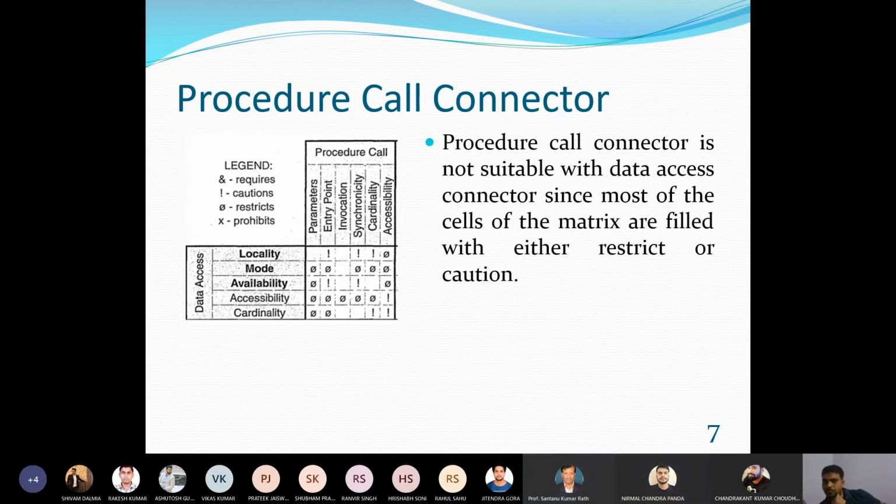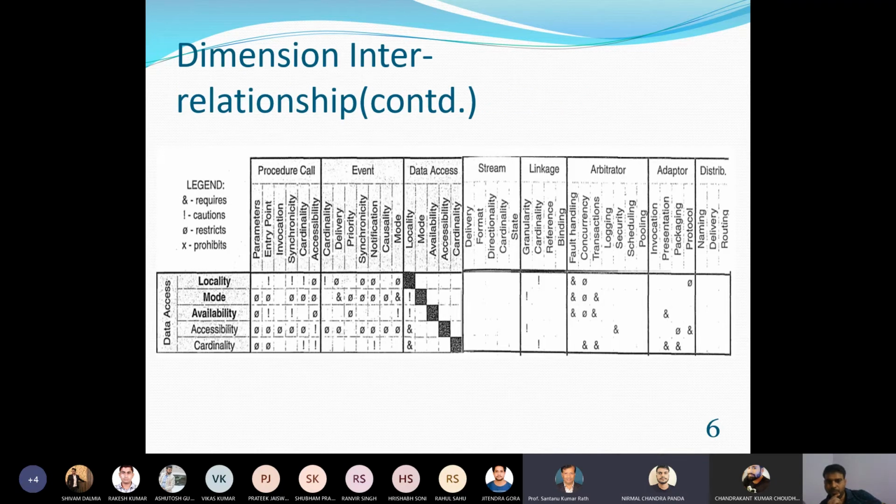Explain procedure call with data access. How will it be the same or different? Why have you made it all blank?